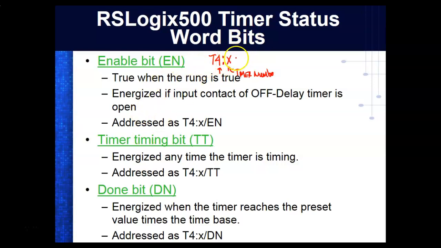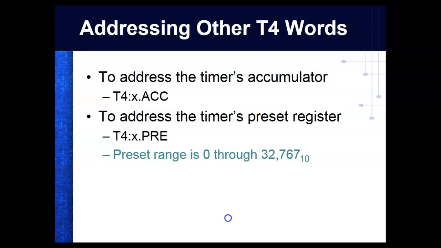And then I would put slash, because this is a bit, and that I would be able to address the enable bit. These are the two that we use most often. This is a bit that is timer timing, and this gives you the address, and then timer done, this gives you the address. So given those bits names, we don't have to know what bits are status side. This is the way we address the two